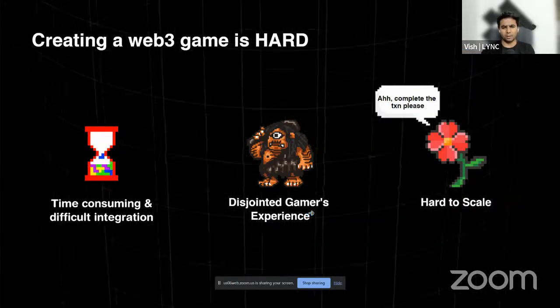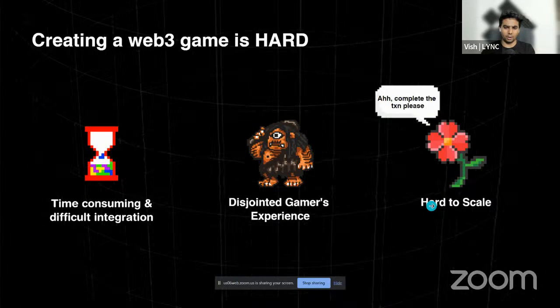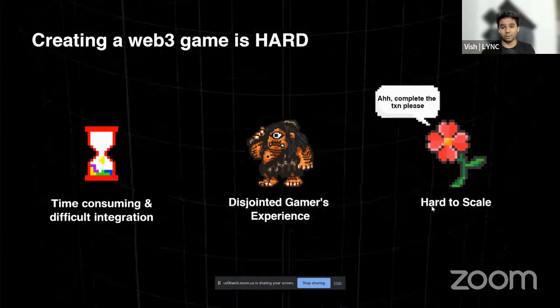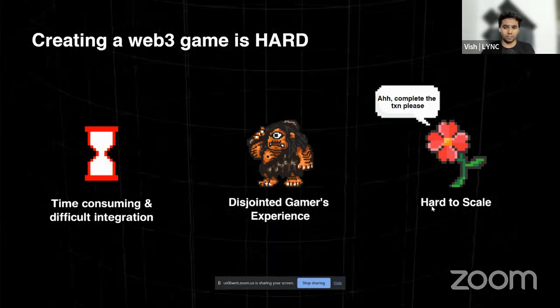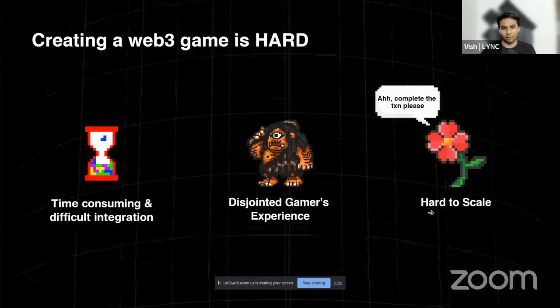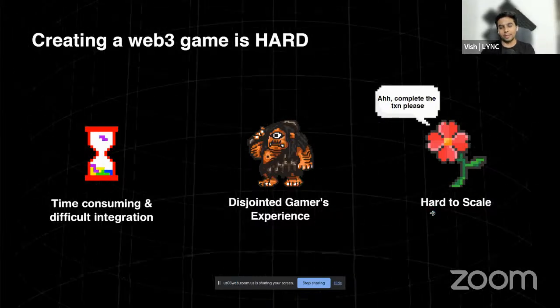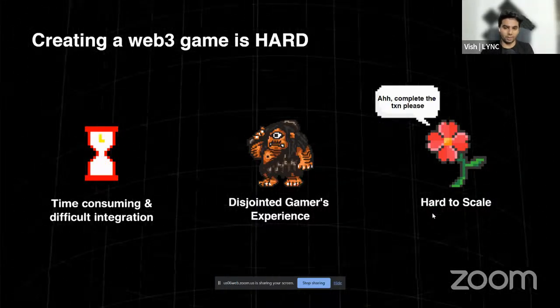That particular experience is very bad and broken, and it's really hard to scale because of multiple transactions, gas fees, and all. If you do any kind of transaction within the game ecosystem, multiple MetaMask pop-ups or other wallet pop-ups appear. That can ruin the whole gaming experience.